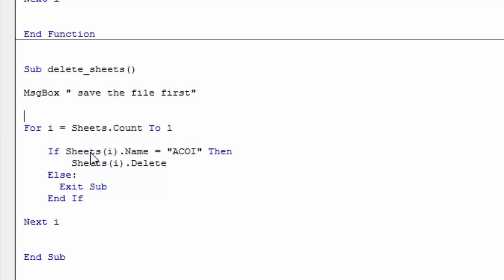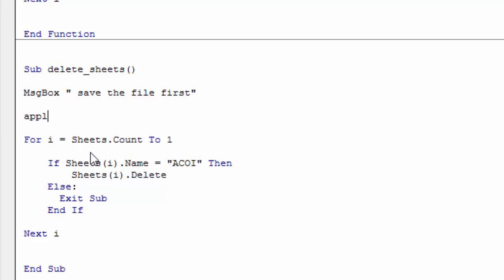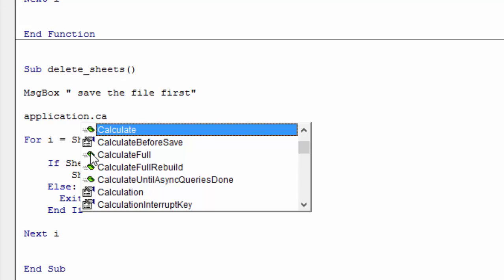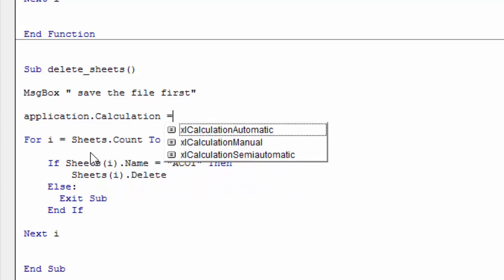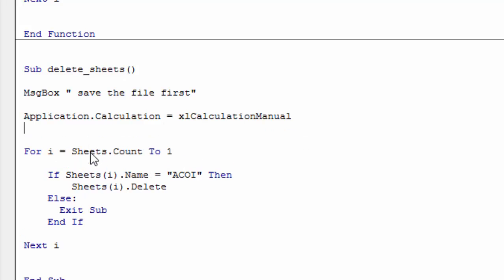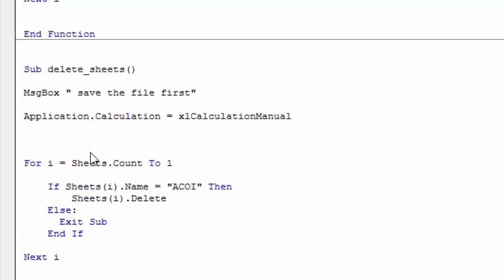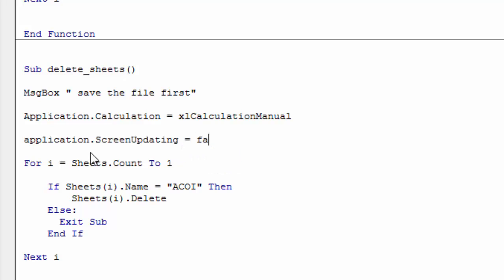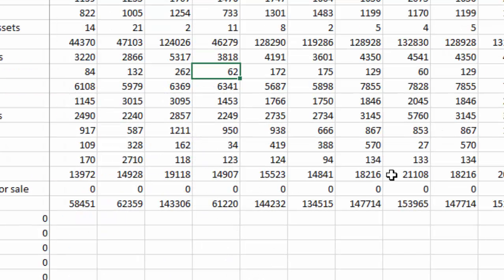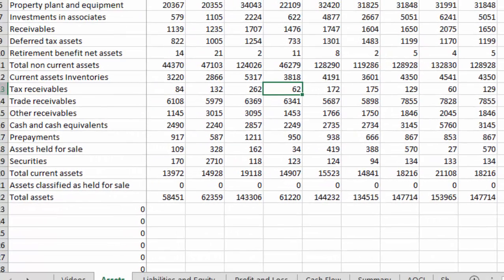Let me see one more thing. I would put application.calculation as manual, and we should really reset it. I'm not going to waste my time on it though. And then Application.ScreenUpdating equal false. It'll just take too long to see all of this. Okay, so first I'm going to save the file, and then I'm going to go to the developer